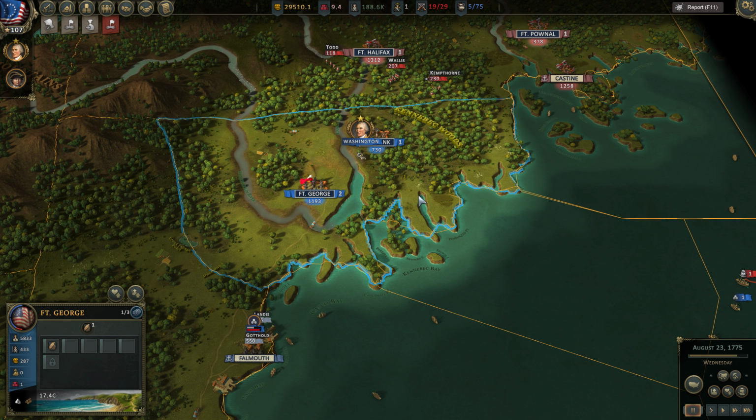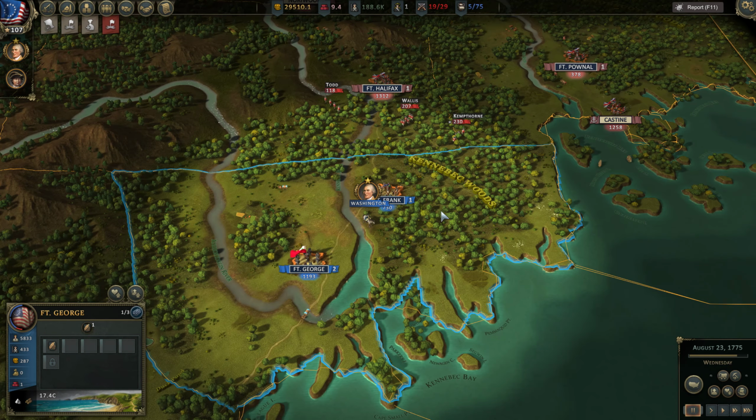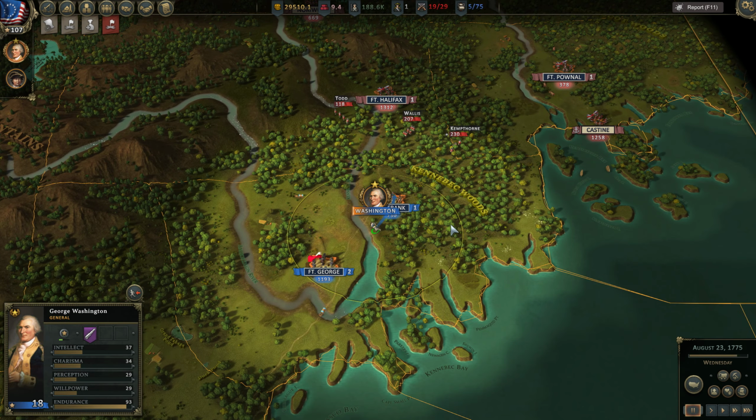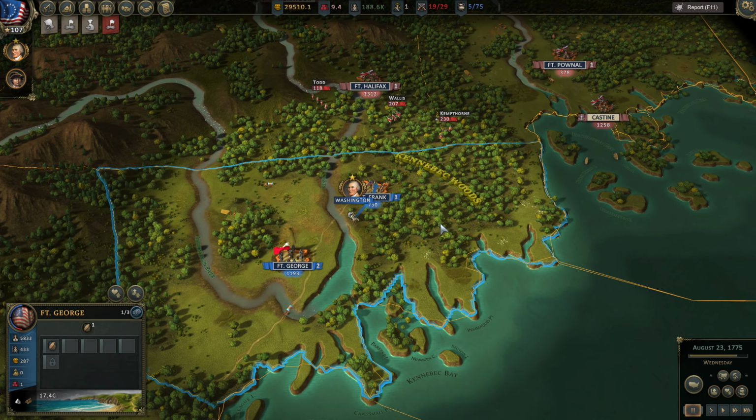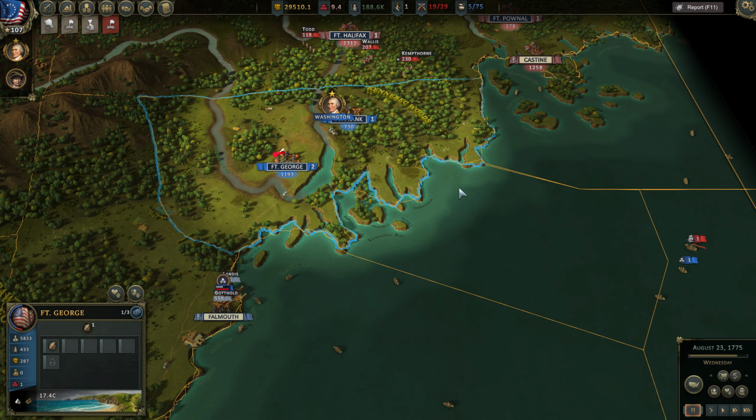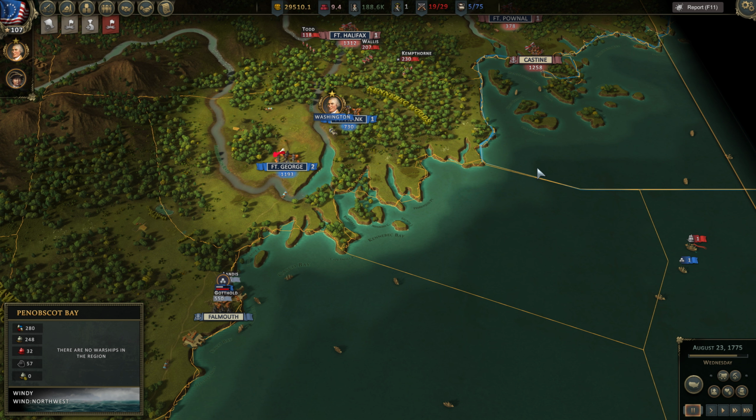Like at this point, I should just rename George Washington the Archeon the Ever-Chosen and say that I will go exterminate the British armed forces in London. I will march on London and exterminate the British. That should be my campaign motto. Exterminate the British. Because 1 million men being destroyed at this current rate that I've achieved in this campaign, and you can be certain that that's what's going to happen here,